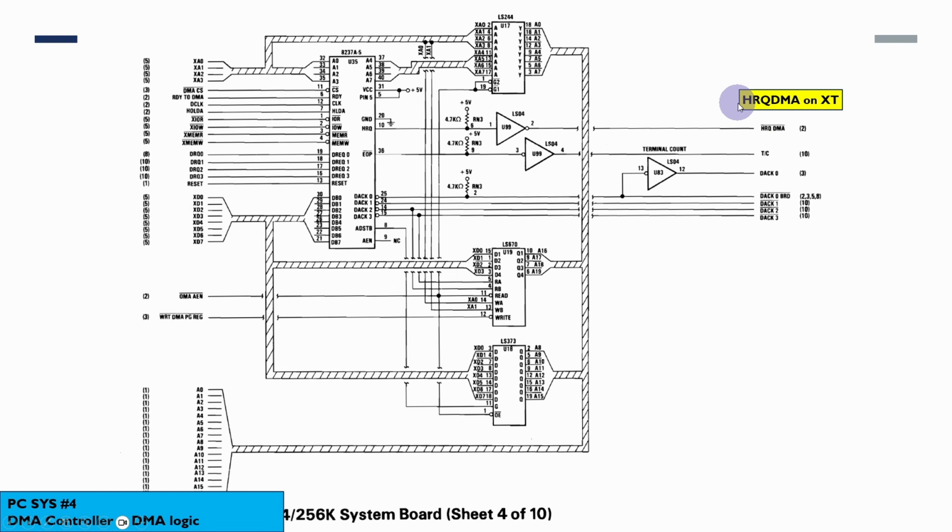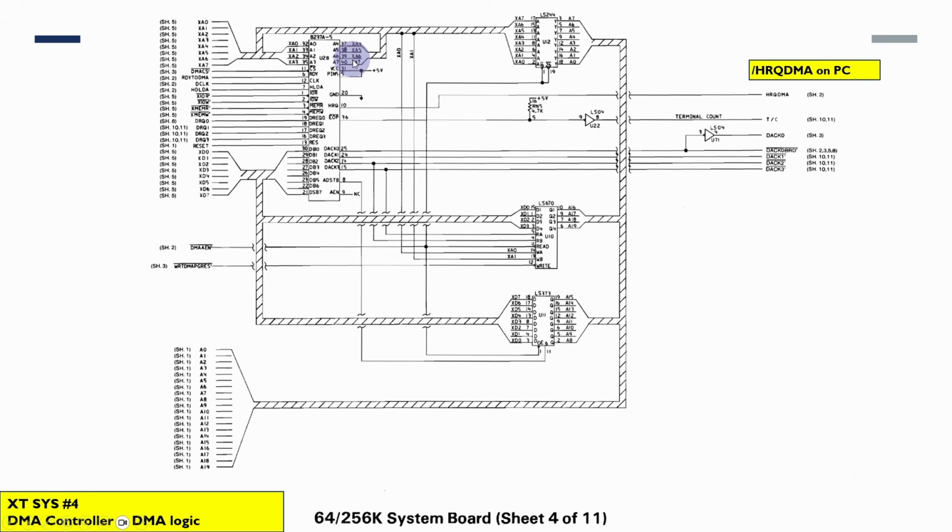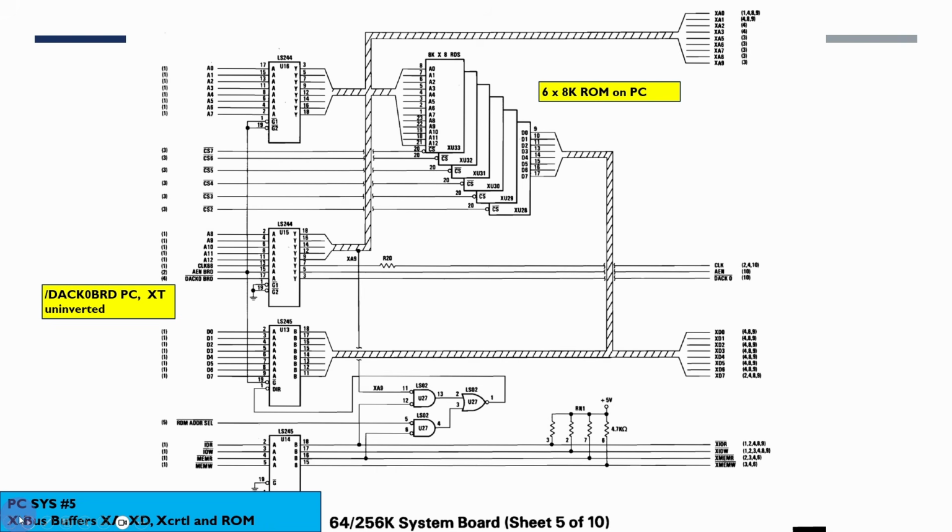The XT has this signal active high, whereas the PC has it active low. And again, the only difference really here on the XT is the fact that this signal is actually active high and it's active low on the PC. So the X bus was a section of the PC bus which was separated for the system input-output devices, so